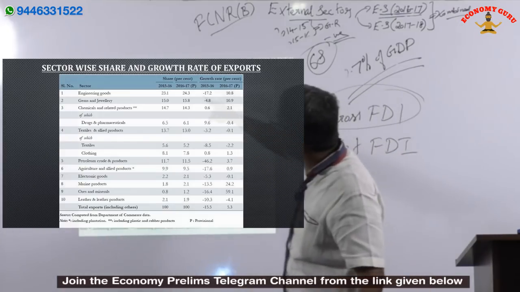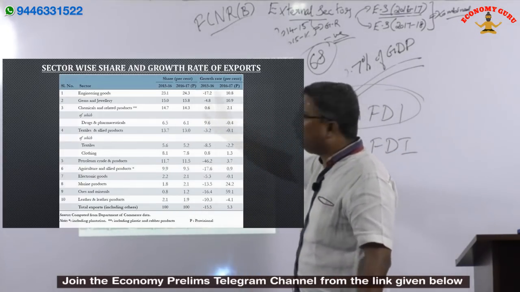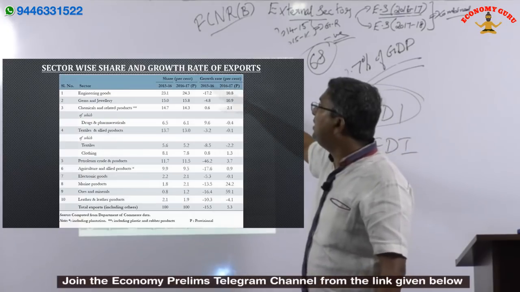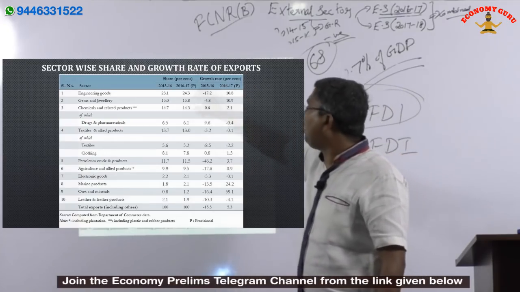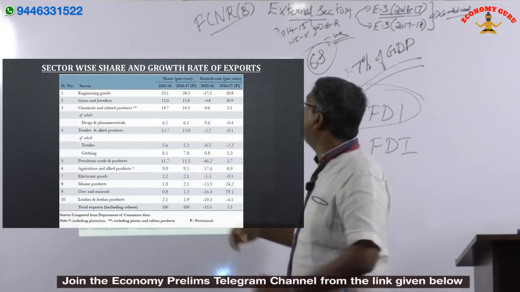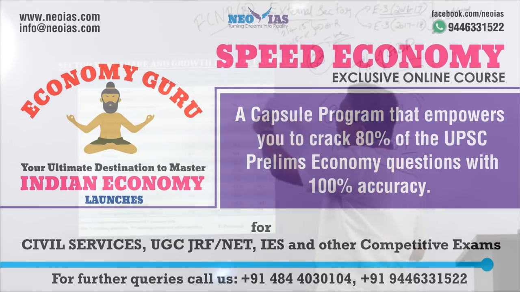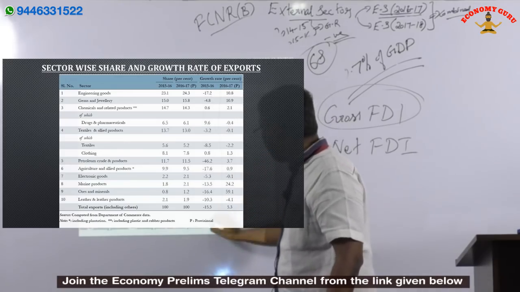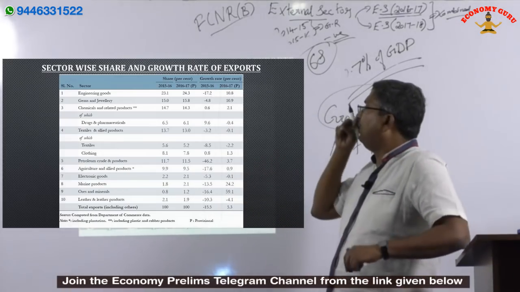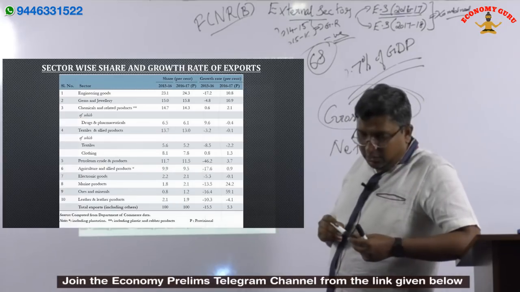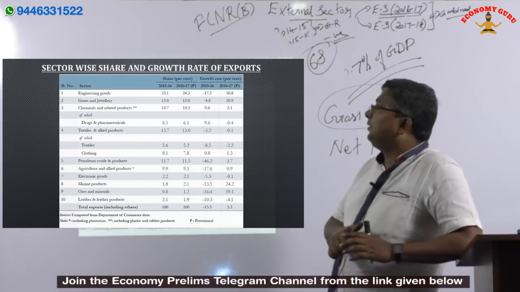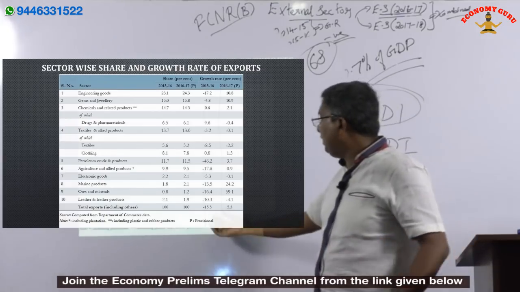Now this first component is very important. Why? For us, growth rate is not important in relation to sector wise share. What is important is the share out of the total exports. The share shown here is 2015-16. There will not be that much drastic change. The 16-17 provisional is also given. Now from the export side, if you take 100% of exports,